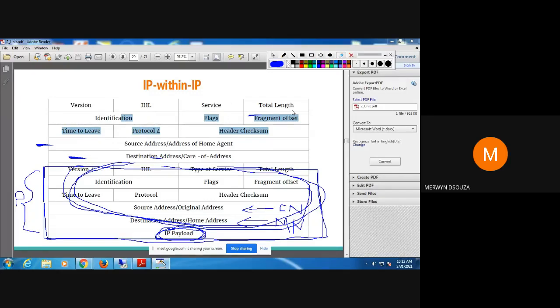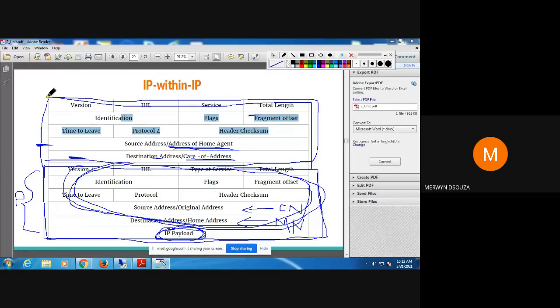Within that, the new source address is the address of the home agent, and the destination address is the care of address. If you look at the header part here, it does not have the data part. This entire thing, the original packet, becomes the data part. This entire thing is sent to the foreign agent, and this is known as encapsulation.